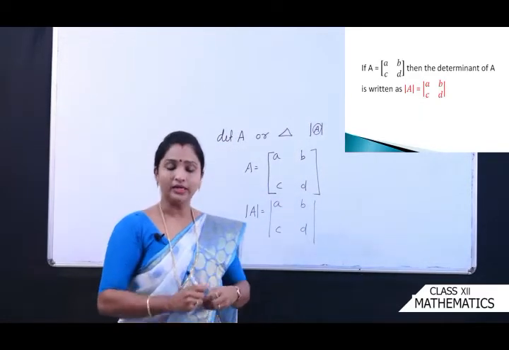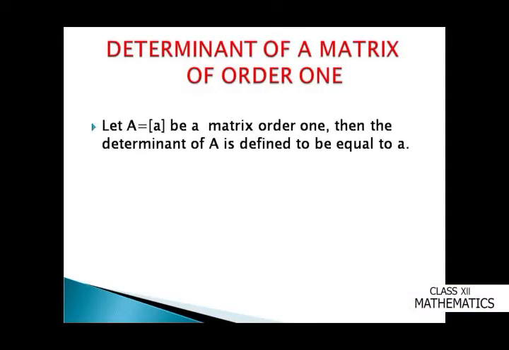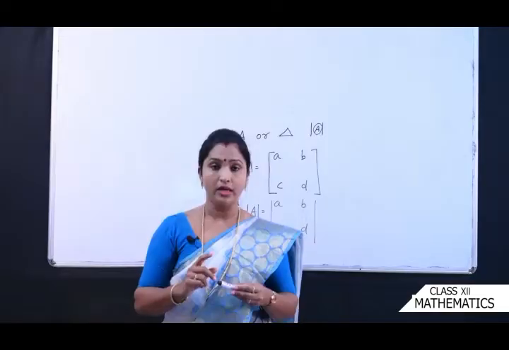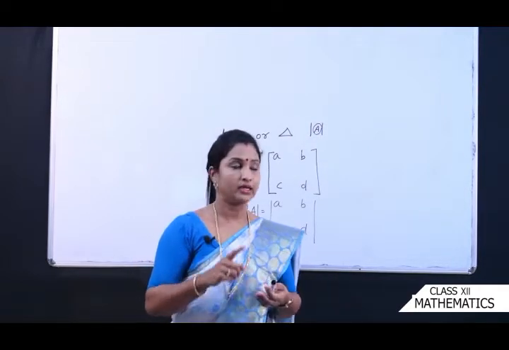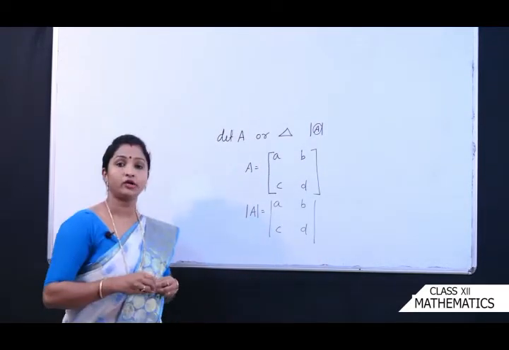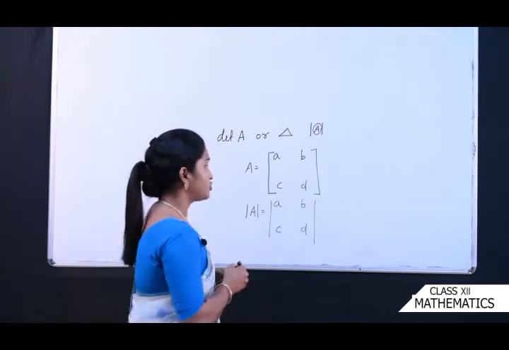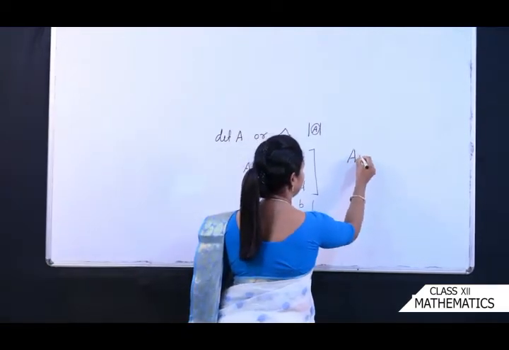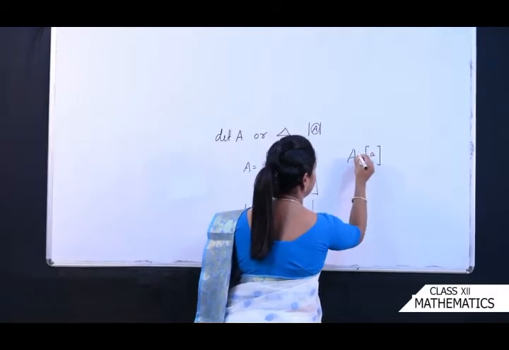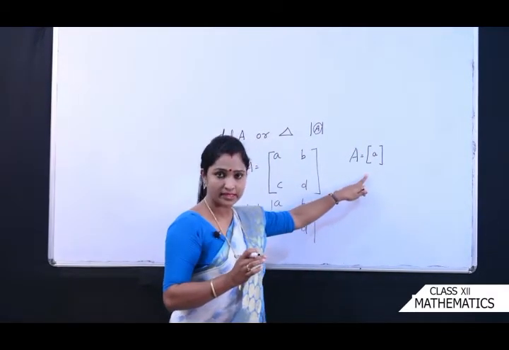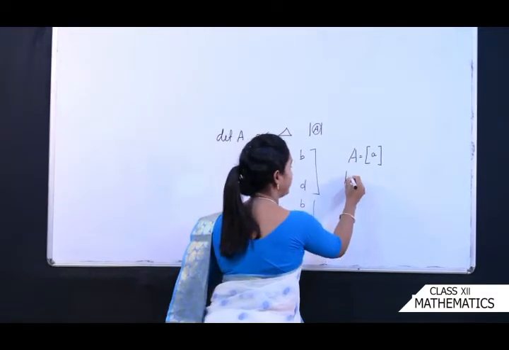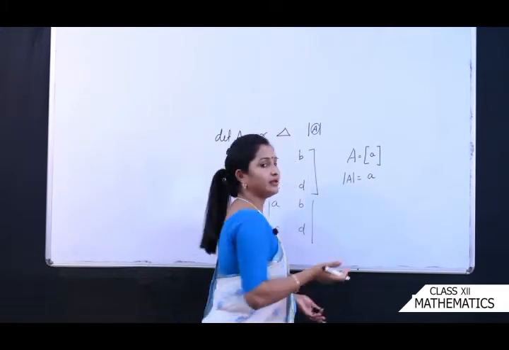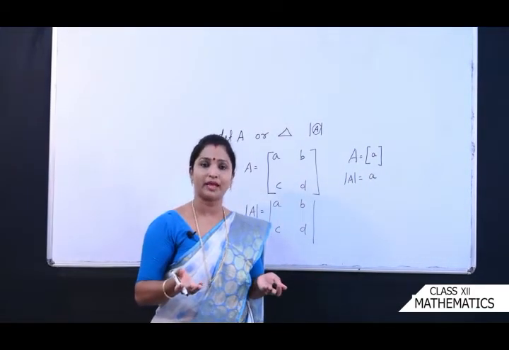Now see, first we will see how to find the determinant of a matrix of order 1. क्योंकि आपके syllabus में सिर्फ 3 by 3 तक ही है, तो order 1, order 2 and order 3. We'll see that. Now first is how to find the determinant of a matrix of order 1. Suppose you have a matrix A equal to [a], only one element. Again this is a square matrix, of order 1 by 1. So if you want to find the determinant, it is nothing but the element only, a. ठीक है, यहाँ पे simple आपको a ही मिलेगा.